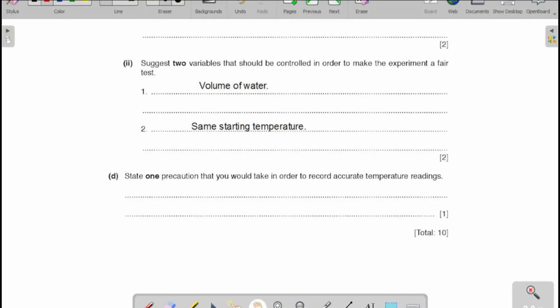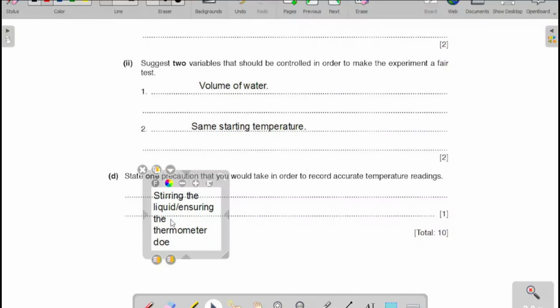So, I'll write now. Stirring the liquid. Ensuring the thermometer does not touch the beaker,